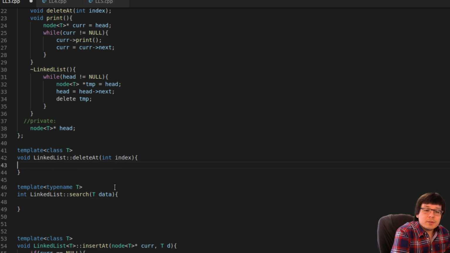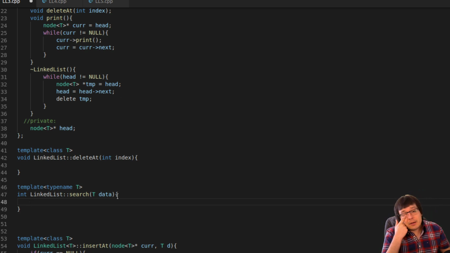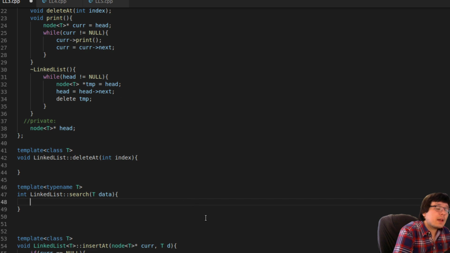Okay. So, I forgot which one we wanted to do first. The delete at or the search at. Actually, it doesn't really matter. So pick which one you want to do first. You want to do the one that searches or the one that deletes? Search maybe first, I think. They both will work, but I think this will be more interesting.